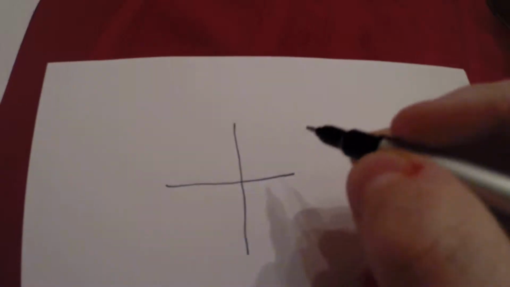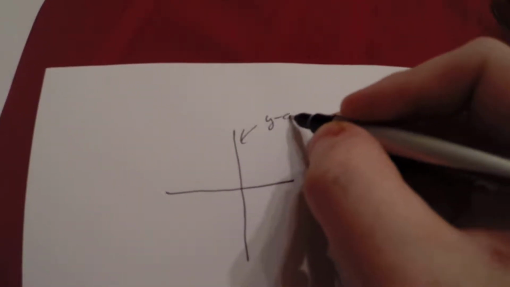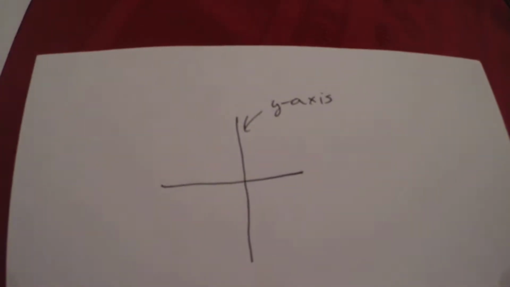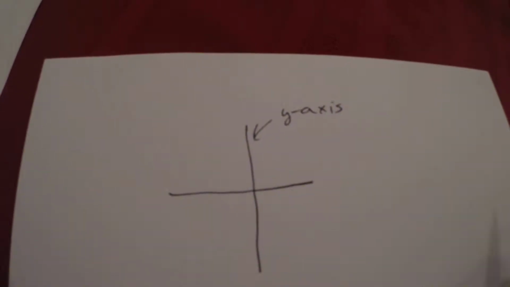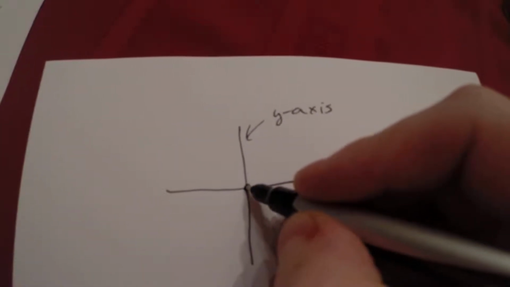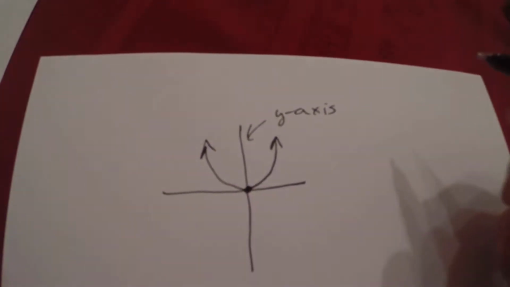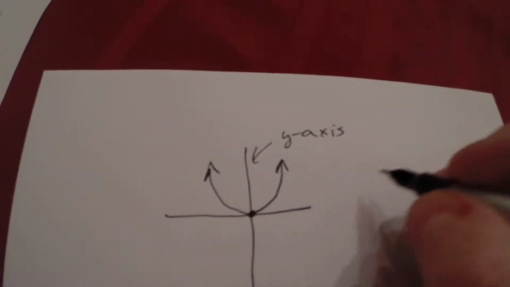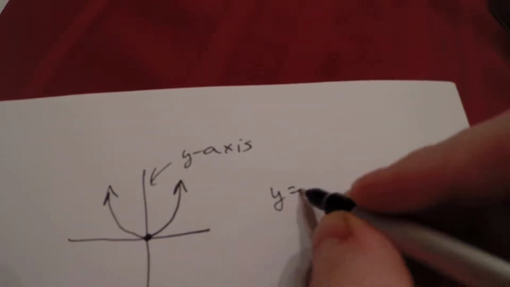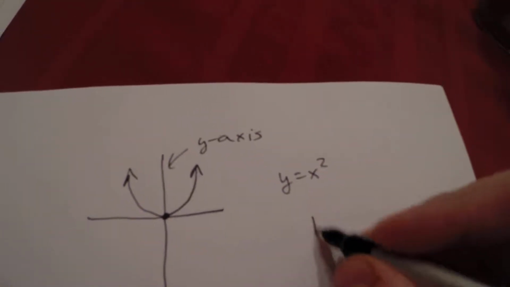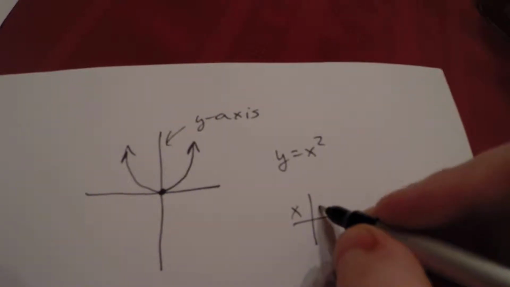So the first thing is I'm going to talk about symmetry in regards to the y-axis. All you have to do to see symmetry with the y-axis is to think of something like a parabola. So here is a parabola. Now what we know about a parabola is the equation of a parabola is y equals x squared. So if you take a couple points, x, y,